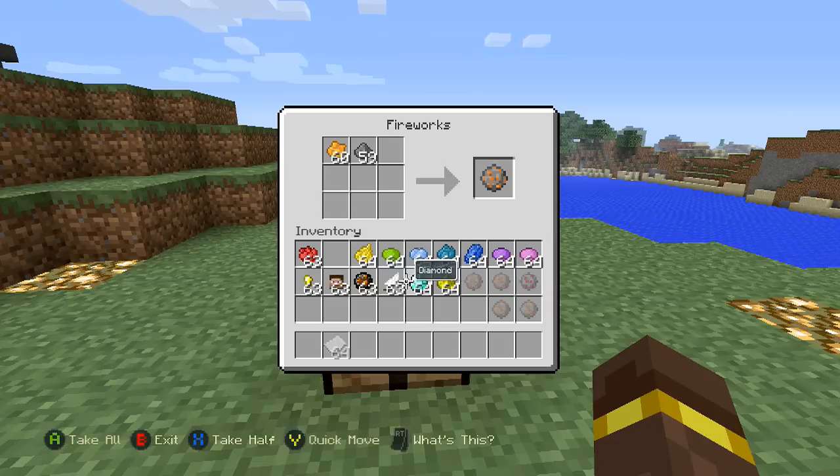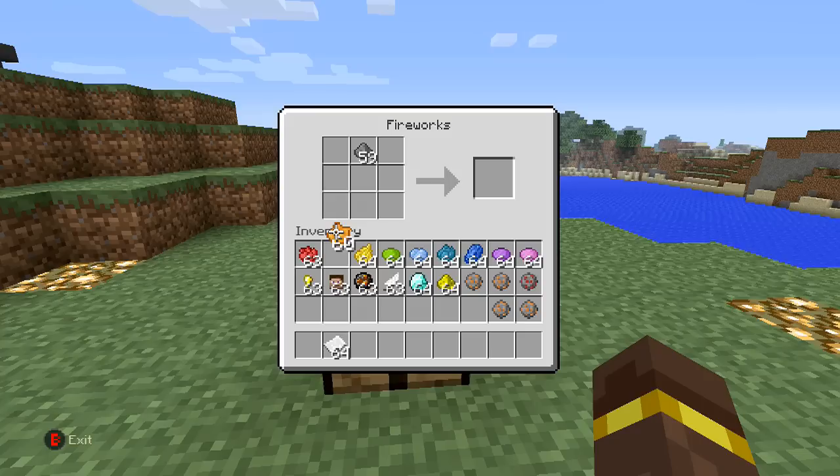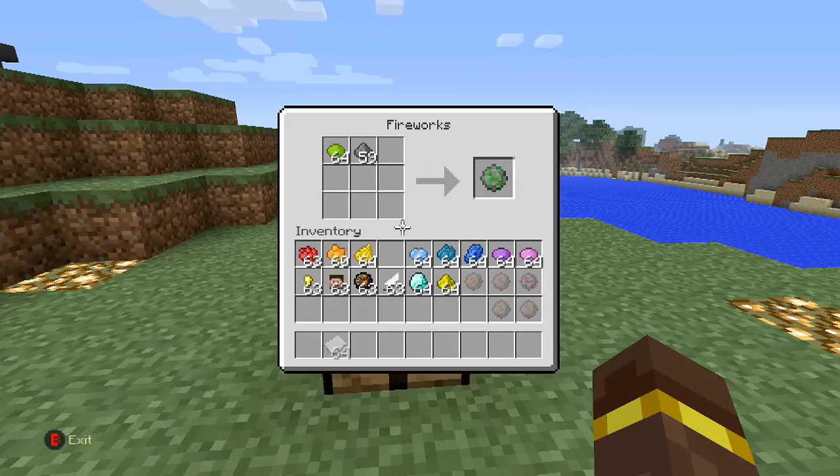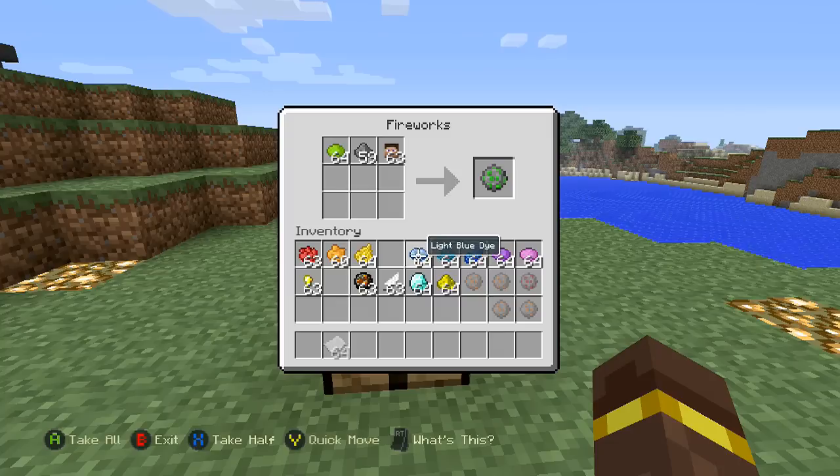However, you can also add in either a diamond or glowstone dust, or both if you're really feeling it, to really add on yet another cool effect. So let's go ahead and go with green. Here you can see we obviously have just the standard firework star that you can make. And if we make it a creeper head by adding in the head, and we also add in